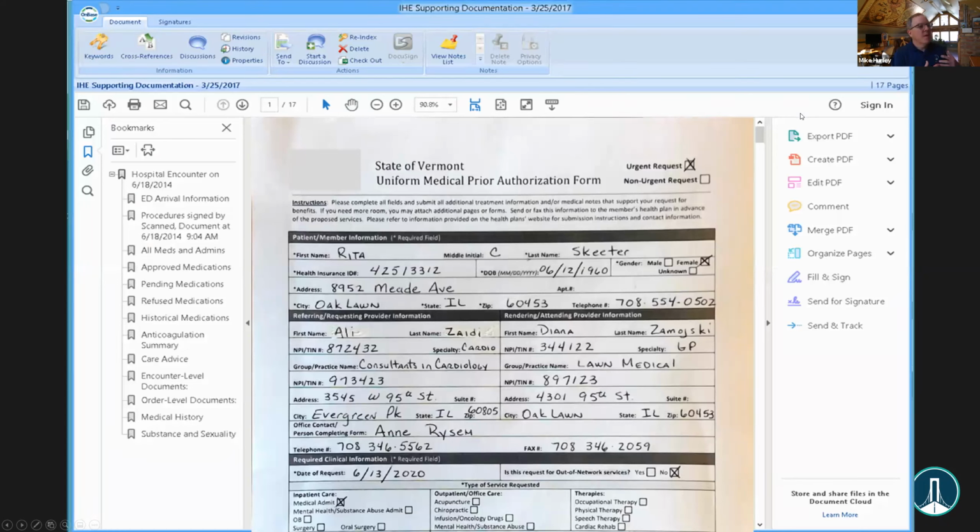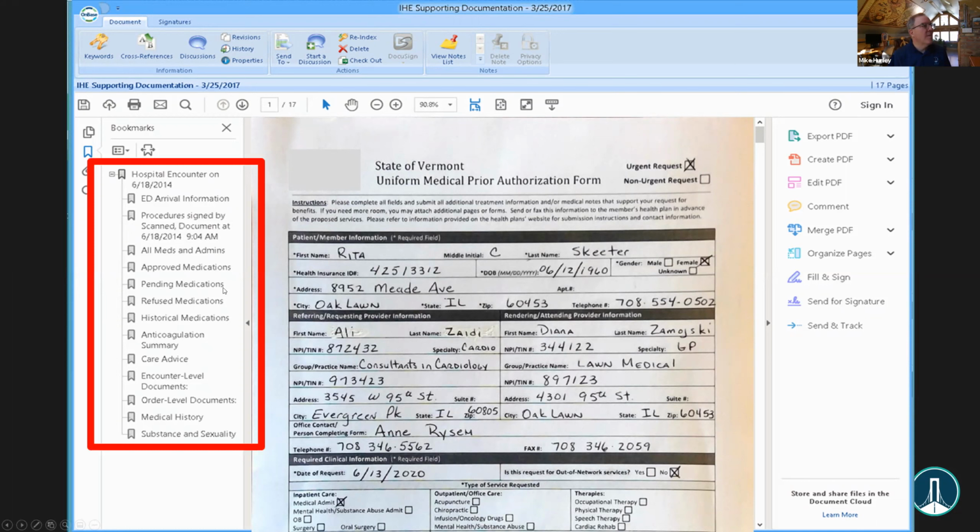So the nurse, of course, I don't have two screens here, but typically a nurse will have two screens up. And this would pop up on the second screen, and they could be staying in their clinical system while they're checking out this document. Now, this document looks a little different in that it has a table of contents. Because we've classified documents, we have the ability to identify each document that came attached to that form to enable a nurse to go right to historical medications or right to encounter level documents. So there's lots of different things that can be done here, again, to enable the nurse review, speed, cost, quality.